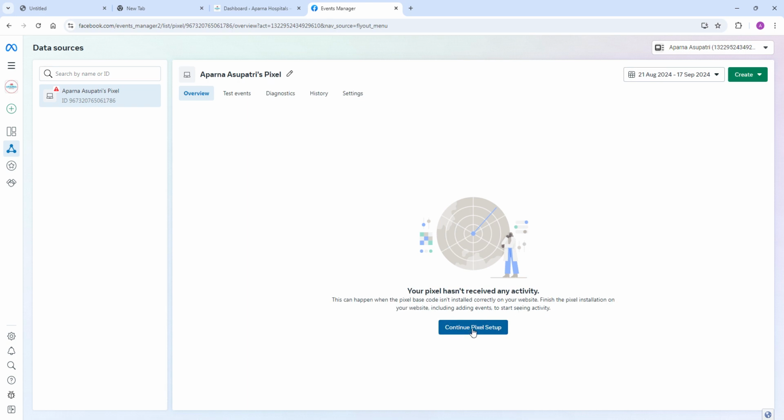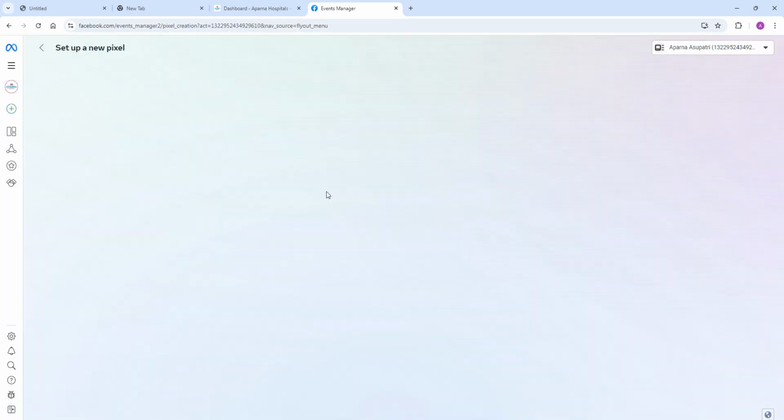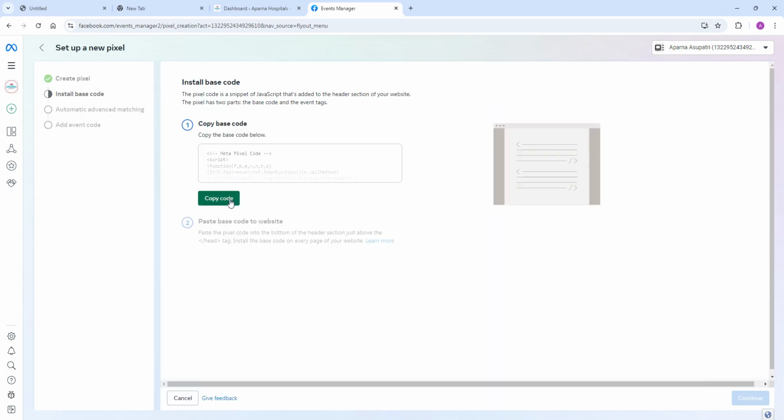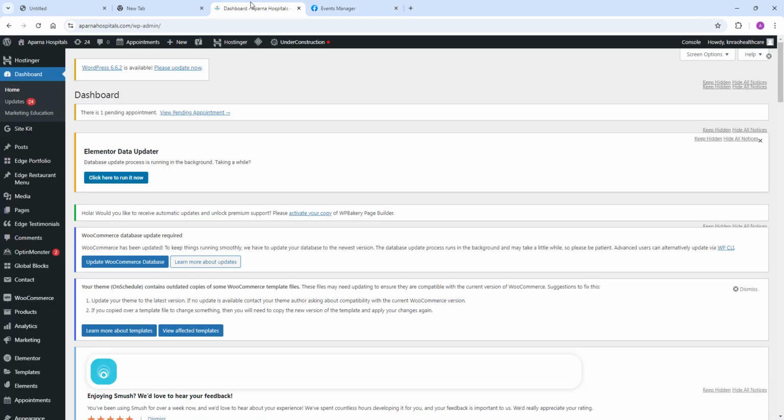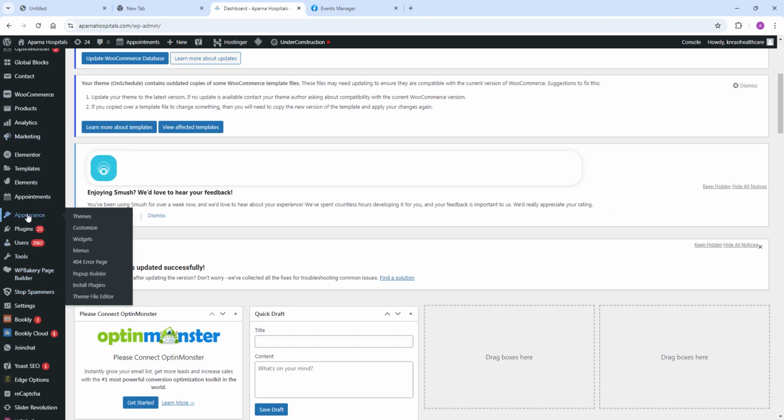Continue pixel setup and install the code manually. Copy the code and paste it in the header.php. Just go to Appearance, Theme File Editor. In that header.php, above the body head closure,